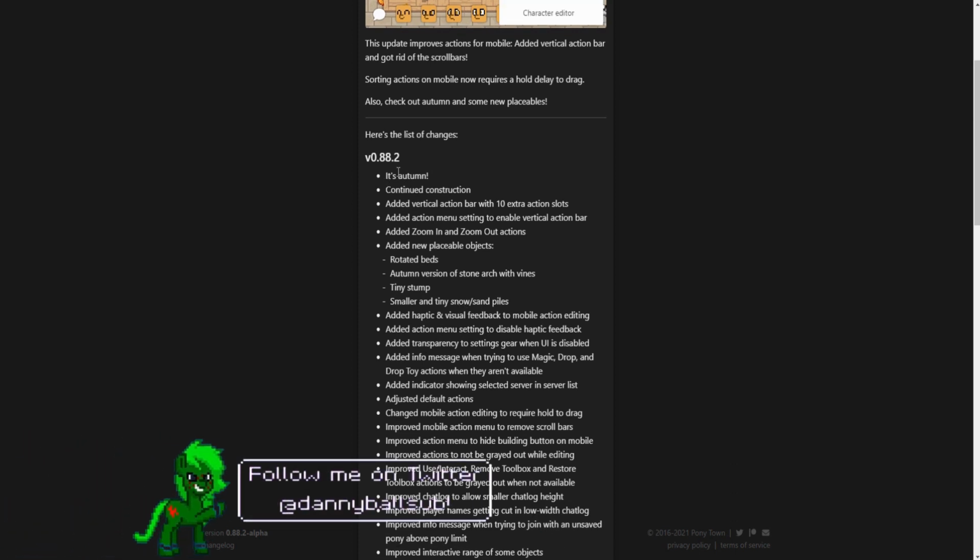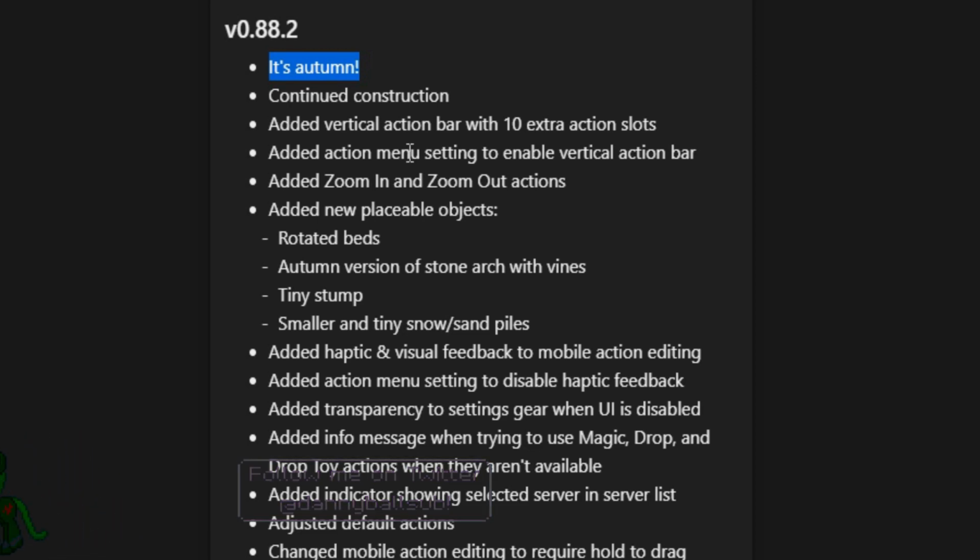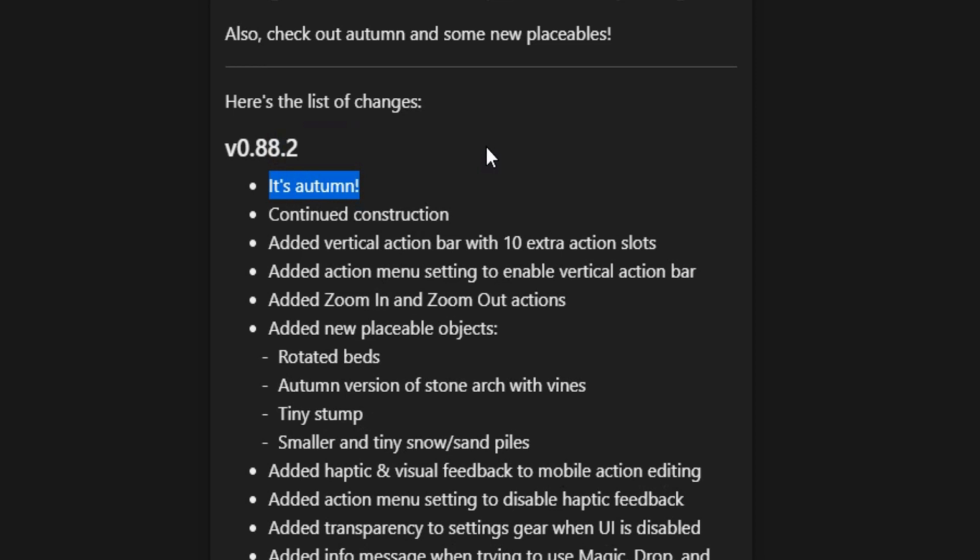They, of course, added autumn. Autumn is obviously the season of fall or whatever like that. It's a term that is used in both fall, autumn. They're interchangeable, really, but they decided to call it autumn for whatever reason. Probably because of where they're from, it's called autumn. I don't know, but they continued the construction site, so the construction site actually looks a little bit different than